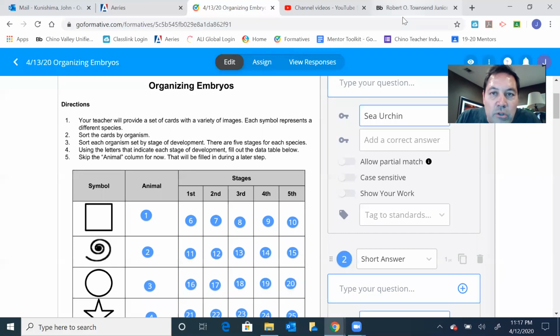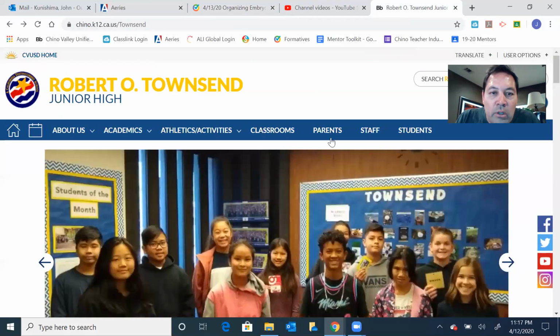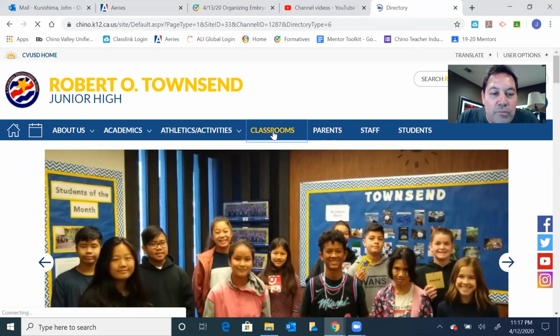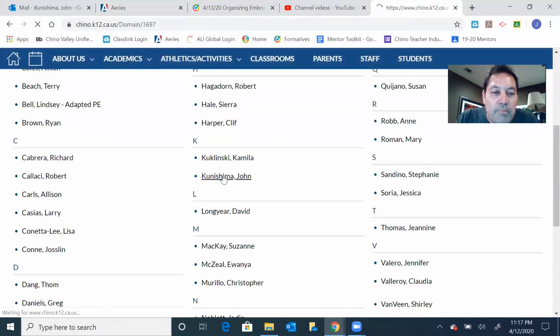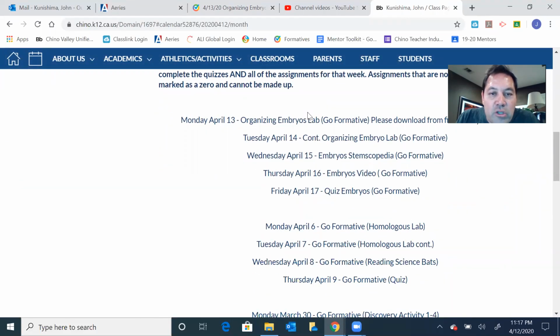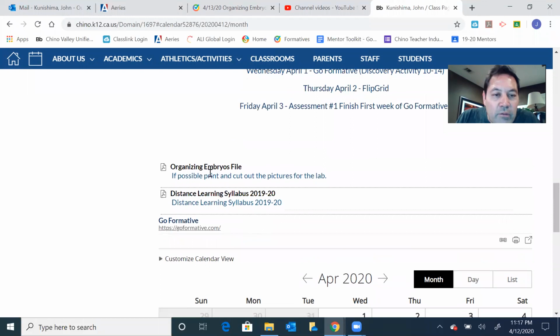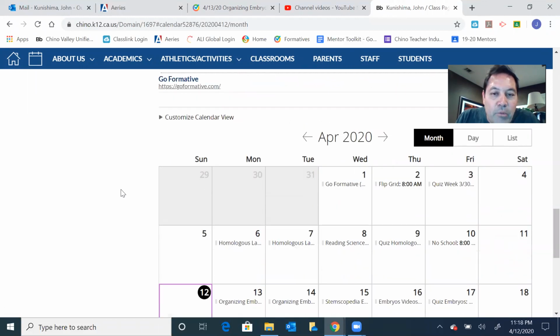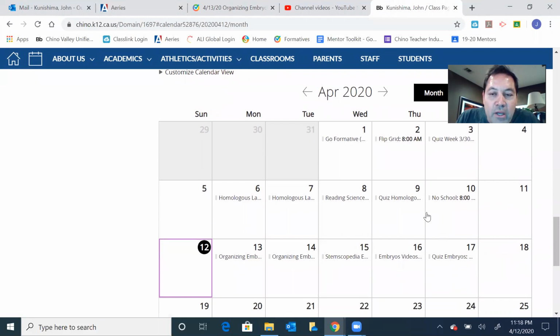So let me show you how you're going to get your cards. When you go to the Townsend website, you go to Classrooms, click on My Name. This should show you this week's information. So you've got lab, STEMscopedia, video, and then the quiz. And then down at the bottom, or near the bottom, you've got your Organizing Embryos file. By the way, the calendar should be updated. I did not do last week's, but I am going to try and make sure that I update the calendar